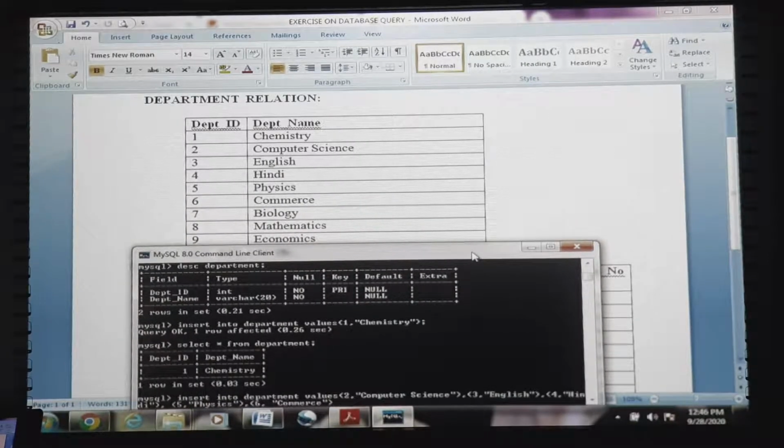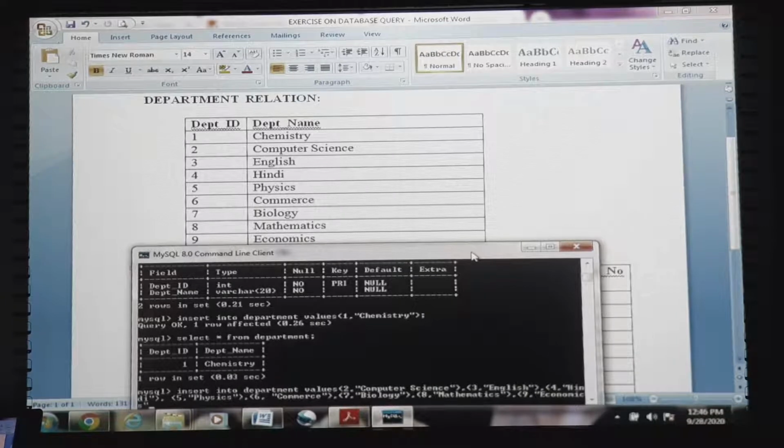7 comma biology double quote close, 8 comma double quote mathematics double quote close, then 9 comma double quote economics double quote close.